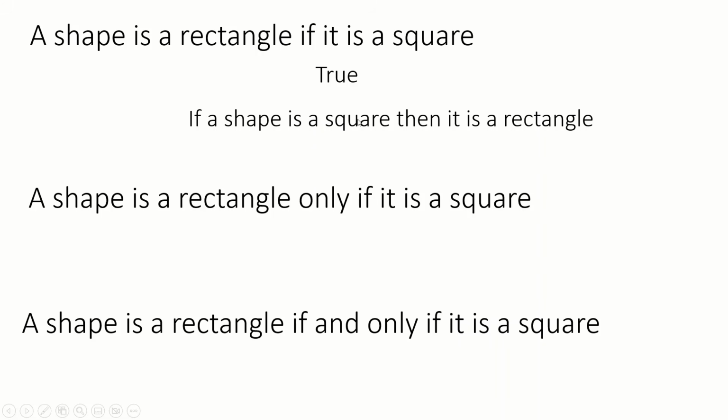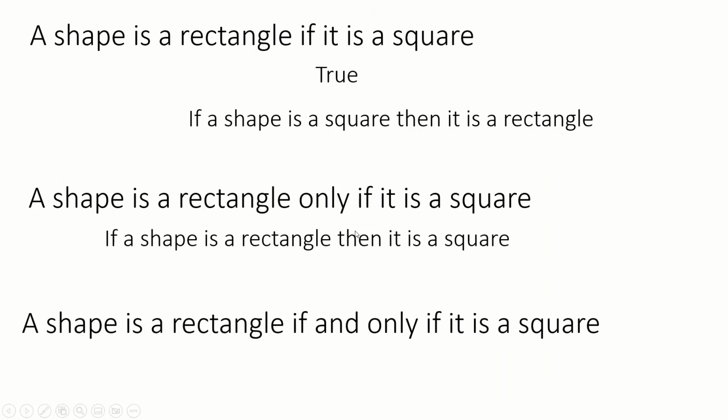Because if a shape is a square, it's got four sides, four right angles, two pairs of parallel sides. That's everything you need to be a rectangle, right? So if a shape is a square, then it's definitely a rectangle as well. But when we write it, when we have this one and we swap the if-then bits over, if a shape is a square, then it's a